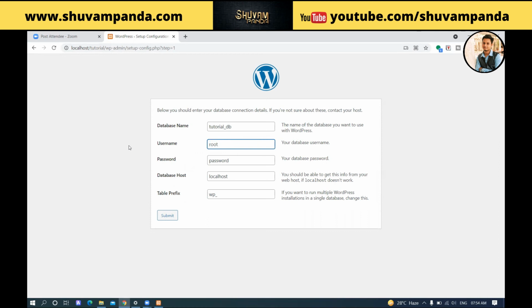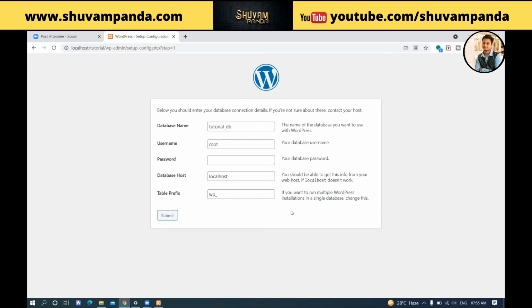So for localhost, the default username is root. Now the password: as it is in our local system, we don't need any password, so I keep the password blank.